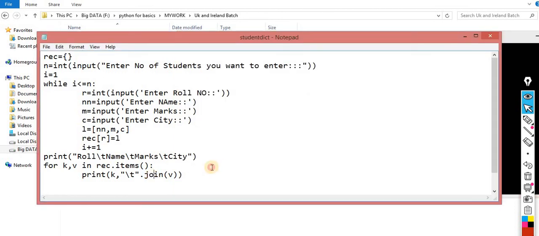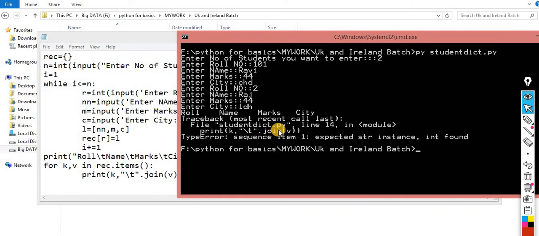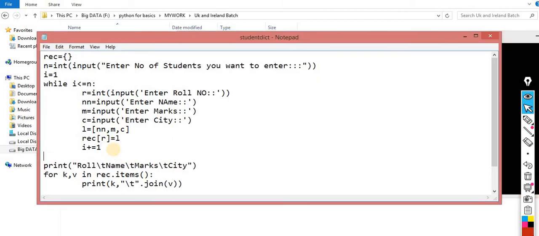Otherwise you will get the error message. The same thing, I am converting it into int, that's why it is giving the error message. So keep this point in mind. Whenever you use the join method, which is applied over a list, every item inside the list should be a string value, otherwise you will get the error message.